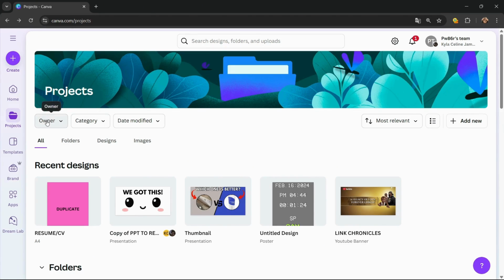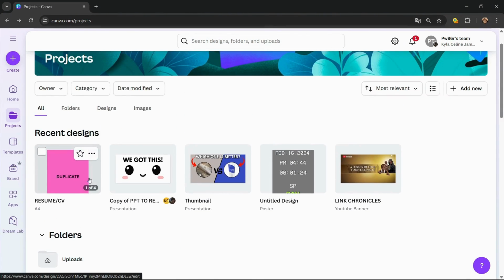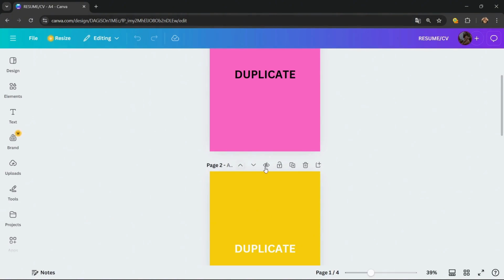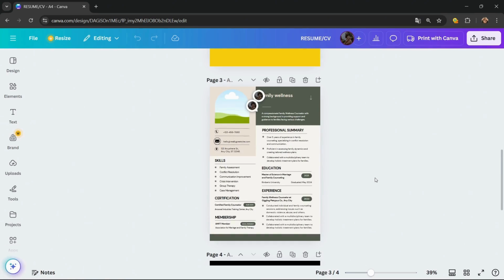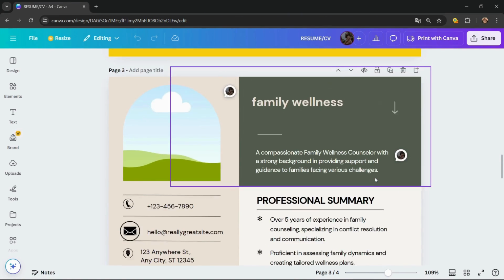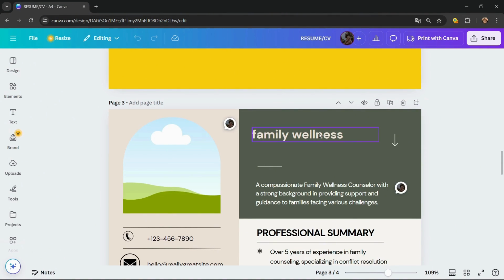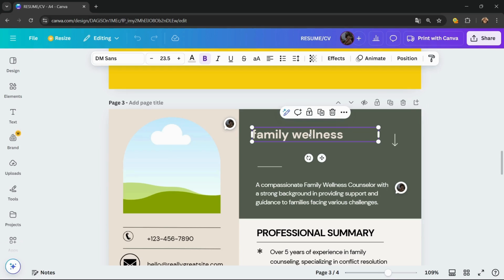You just need to navigate to the project section on your Canva, and then after that, on your recent designs or on your designs, select one you want to modify the text of, and then go to the page you want to make your text upper or uppercase, just like this. For example, this one, like in the headline of the page, it needs to be uppercase, so it will pop up